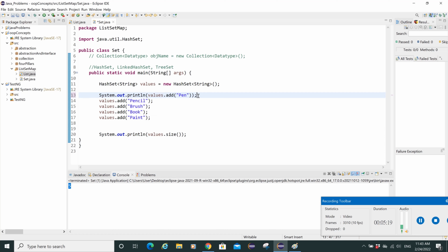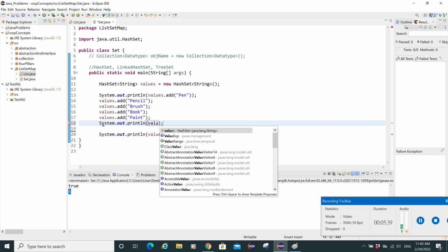It will give us true or false depending on whether it was added or not. So let's save it and then execute it. You see it has given us true, which means it was able to add pen, and there are now 5 values. Now let's do println here again, and I just want to do